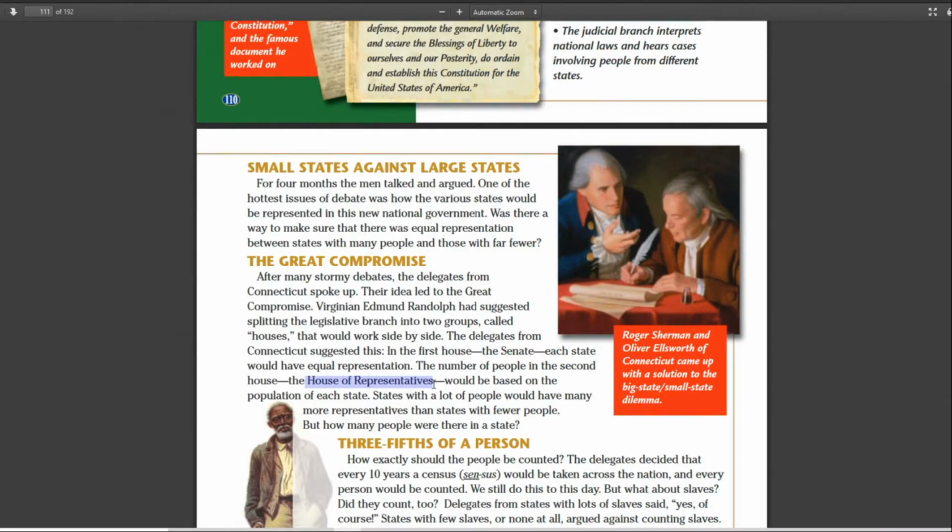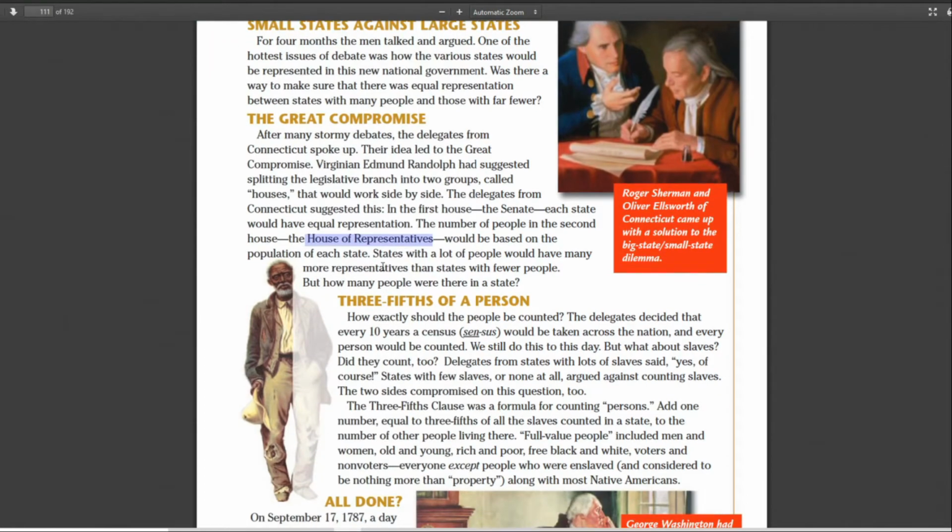Well, then we get into the issue of, well, then how do we count these? What about slaves? What do we do about slaves? Do they count? Are we going to count them in population because they can't leave a state and go to another? They're stuck wherever they are, and so they decided, you know what we're going to do? We're going to count them as 3/5 of a person, and so for every 5 slaves, they would count as 3 towards their population.